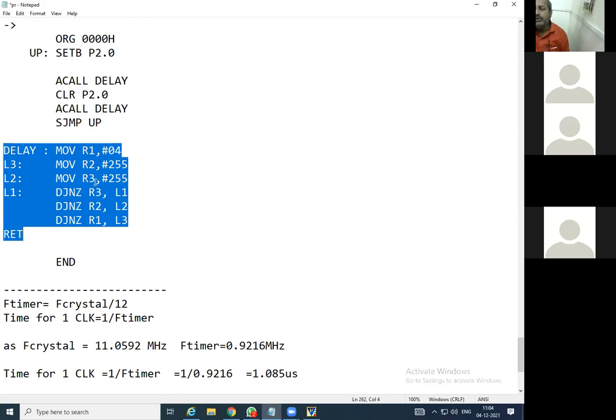हे काउंटिंगसाठी लूप आहे की एका रजिस्टरमध्ये 255 घ्या, त्याला 1 बाय 1 डिक्रिमेंट करा 0 होईपर्यंत. परत दुसरा एक रजिस्टर घ्या, त्याच्यात पण 255 ठेवा, परत ते डिक्रिमेंट करा, परत तिसरा रजिस्टर घ्या, त्याच्यात 255 ठेवा, लाईक दॅट. कशासाठी हो? So it is just to insert the delay, to consume the time, म्हणजेच डिले.